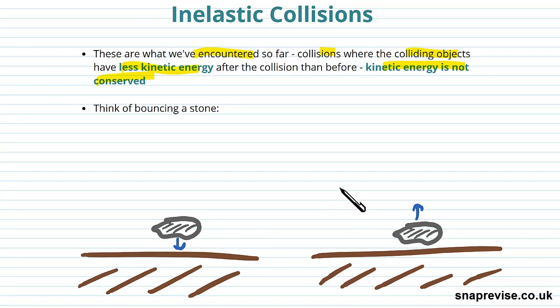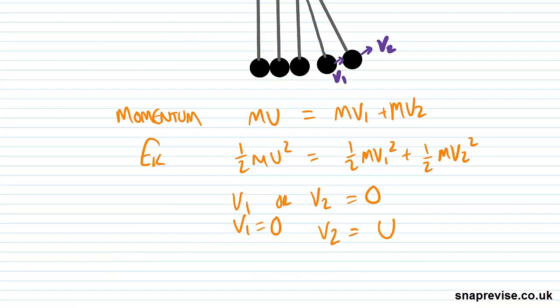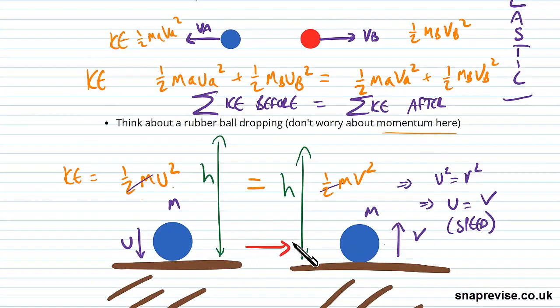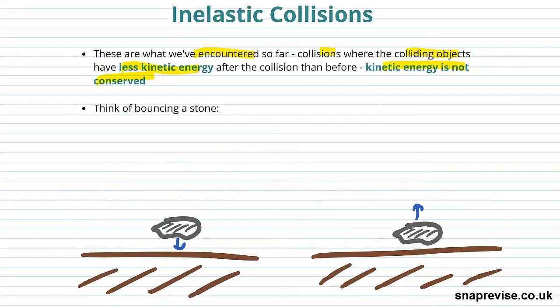A good example of this: we thought of a bouncing rubber ball in our last example. We think of this blue ball here being a rubber ball, and so it's really bouncy, so the collision's elastic. Here we're thinking of a stone, which is, I'm not sure if you can think of something that's less bouncy. In other words, if we drop the stone down, say from this height of h, it's moving with this speed of maybe u as it hits the ground. It bounces back up with a speed of v,